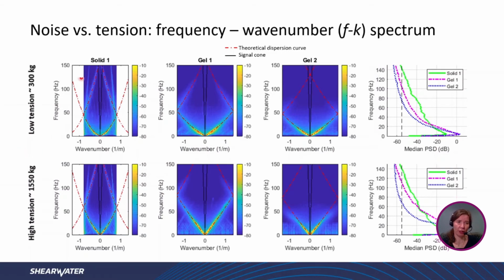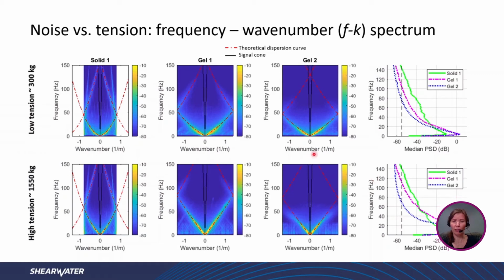We have a low tension case of 300 kilos, mimicking the tail of the streamer, and we have a high tension case here, mimicking the front end of a streamer. We overlay the theoretical curves we have seen before, and we actually get a pretty good match. One exception is the high tension, low bending stiffness case, where we start to observe some inverse dispersion above 20